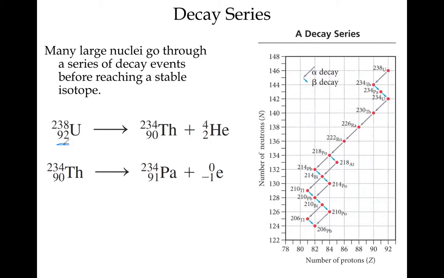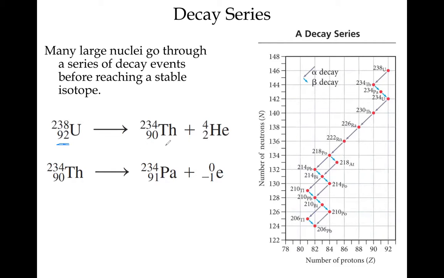That is going to break down into thorium-234, but it turns out that thorium-234, that daughter nuclide, is also radioactive, okay? And so it's going to emit beta rays